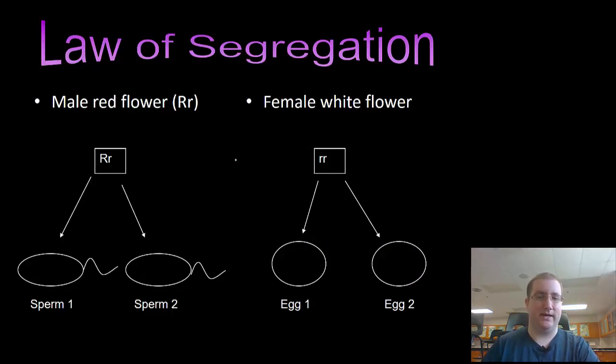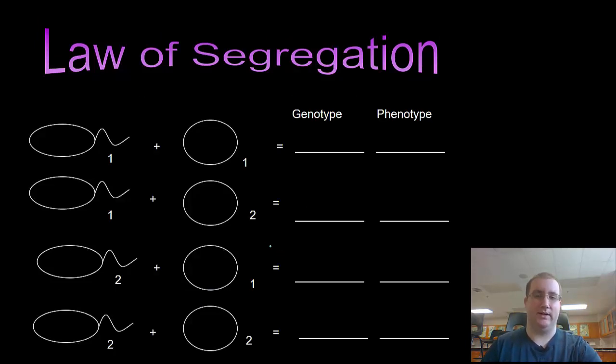Another example of this: if we have a male red flower that is heterozygous, the law of segregation says that during meiosis, one copy of that gene will end up in one cell because that is one chromosome, and one copy will end up in the other cell. We have a female white flower, so one copy will end up in egg cell 1, and one copy will end up in egg cell 2. If we actually combine them, sperm 1 had a capital R, it's a haploid cell. Sperm 2 had a lowercase r, and all of the female egg cells only had lowercase r's because the female only had lowercase r's to give to her sex cells. And then if we combine them,